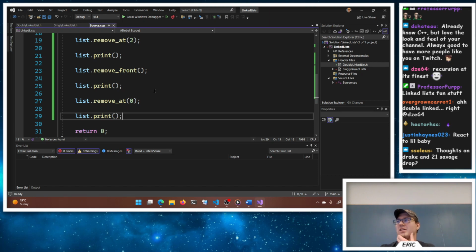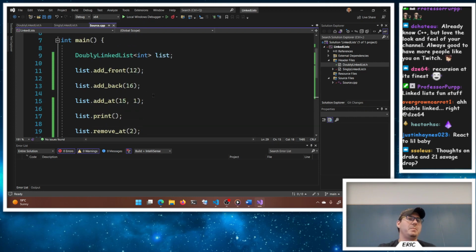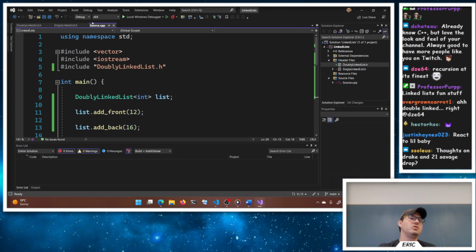But if we had a position we could give to someone, they could hold on to that position and add before and after in constant time, which is really, really fast in a large set of data, which is really cool. So depending on what the data is that we're doing, how we're going to interact with it,